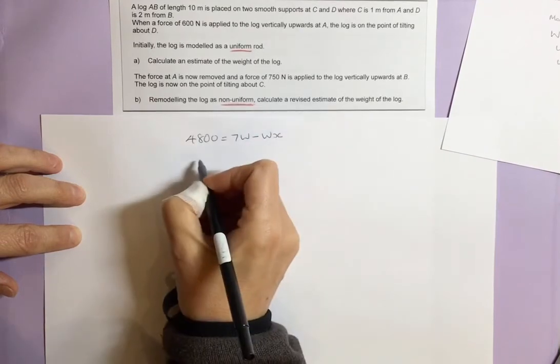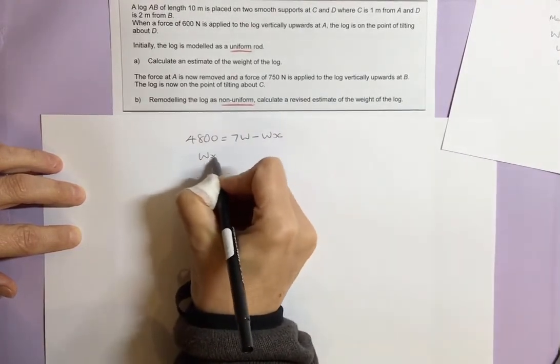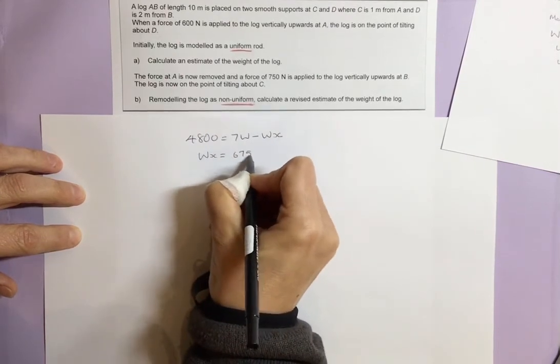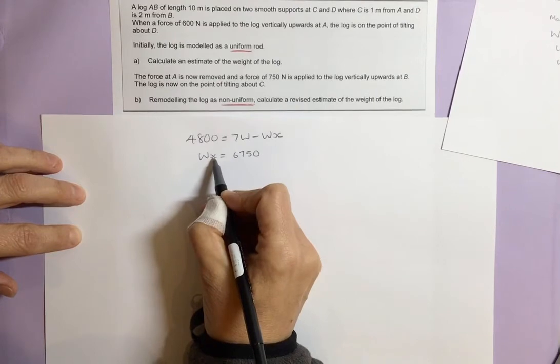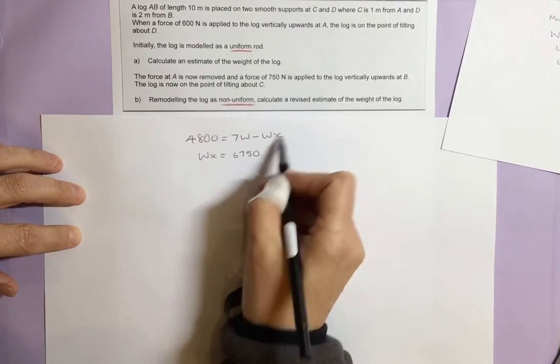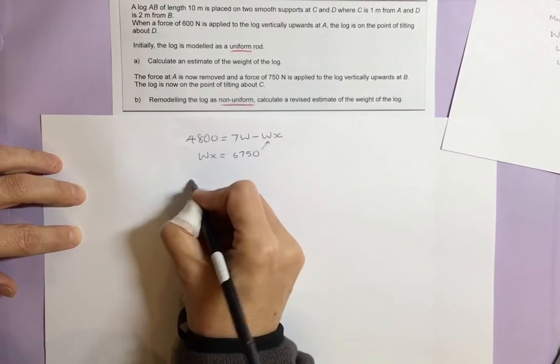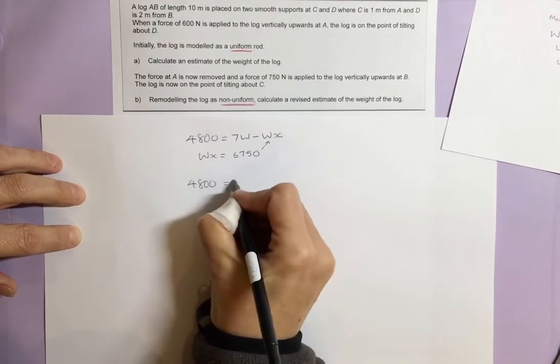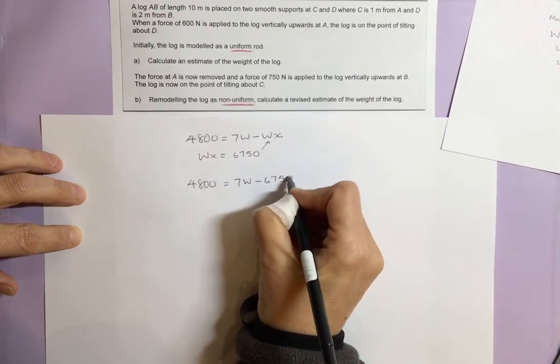And we've also got from the first part of part B, WX is equal to 6,750. So I could get X on its own, let's say. X equals 6,750 over W, sub in, or I can just go WX is in there, so let's sub that in there. So that's going to give me 4,800 equals 7W minus 6,750,